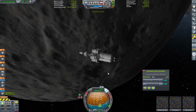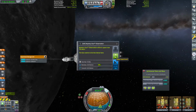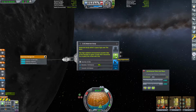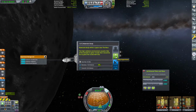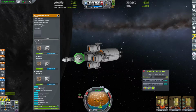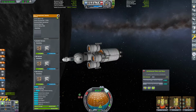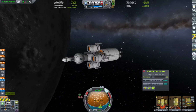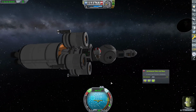Completely fine. So let's double check the experiments that are in the experiment storage unit. So we see our in space near the moon, material study in space high, mystery goo observation while in space high, and material study while in space near. Perfect. So inside our re-entry module, we then see that there's a material study while in space high. That is ideal. We're now going to have Bob EVA again, and we're going to let go, and he's going to come on over here,